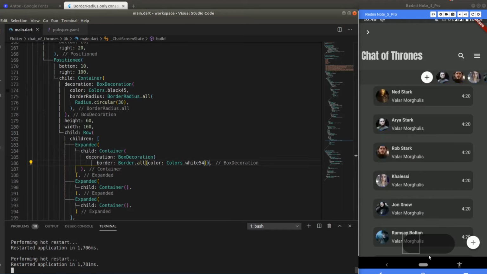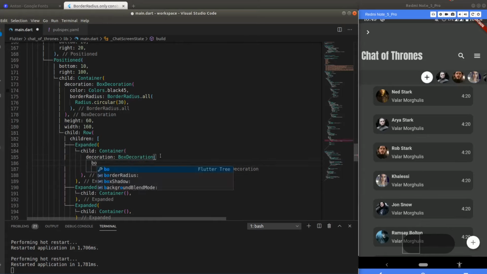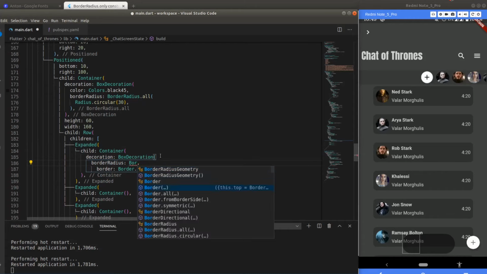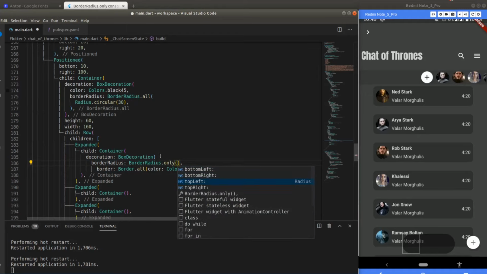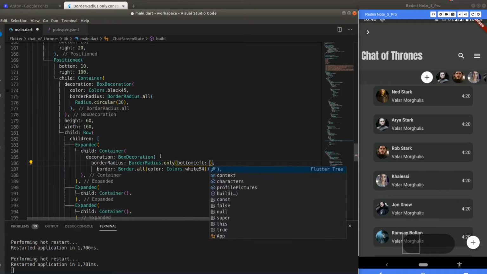It is okayish, but we have got a square bracket and we want it to be curved from a side. So for that, what we can do is this has one more property. Box decoration has one more property of border radius. So I'm going to give border radius dot only, and it gives us options. So I'm going to give bottom left and top left. So bottom left is going to be, let's say,